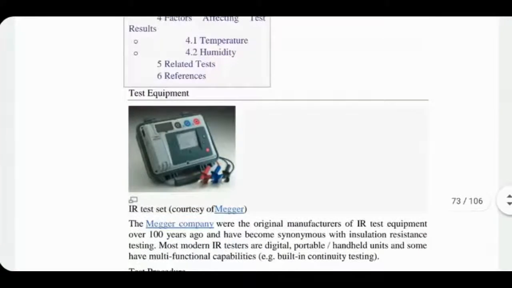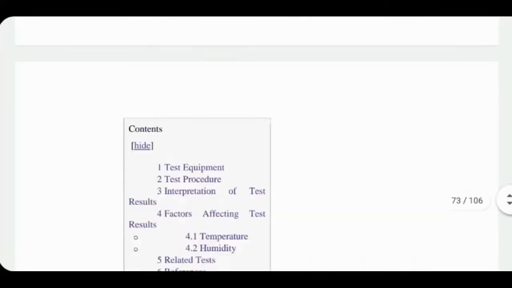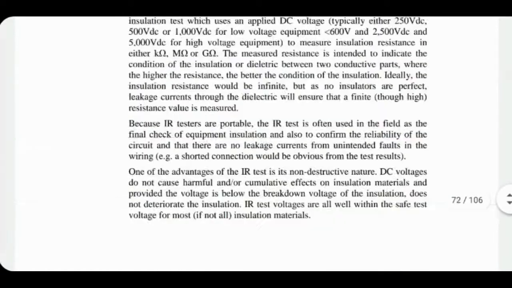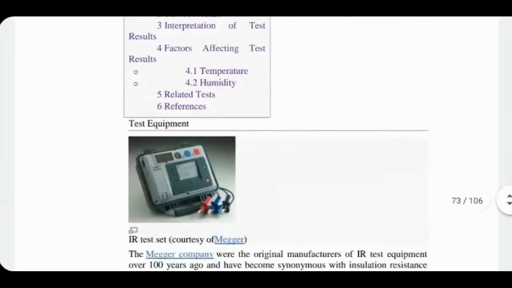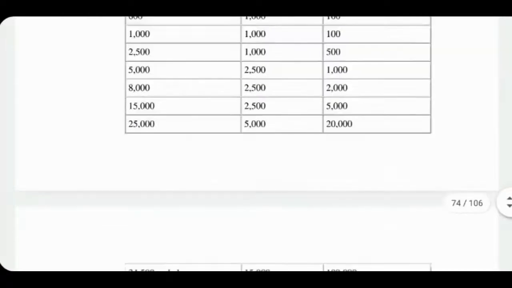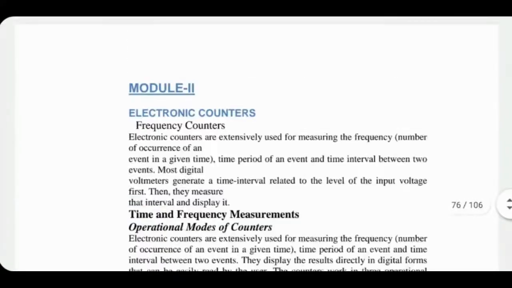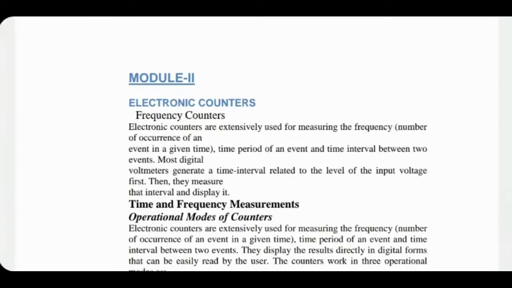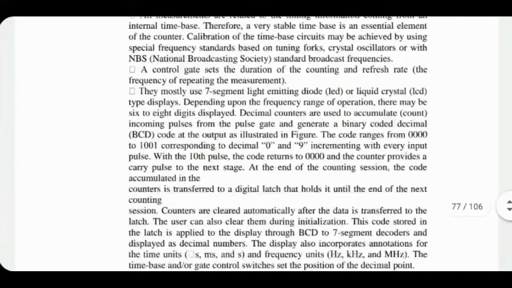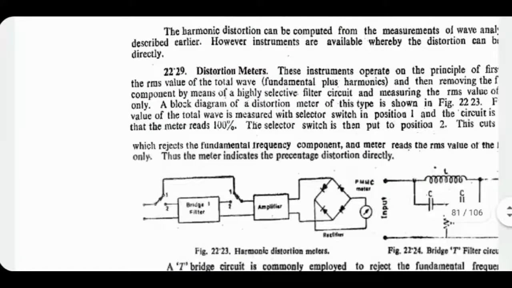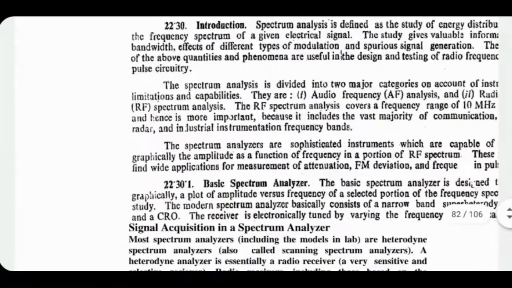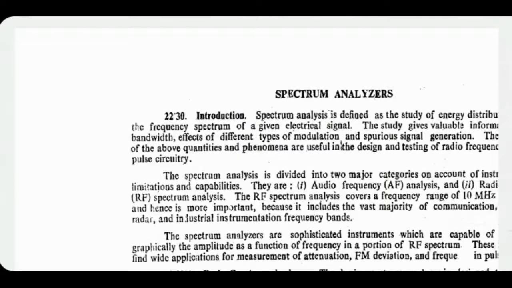Okay, wait a minute. Okay, this is another thing. Just don't worry about it. This is an infrared tester. Just don't bother about it too much. You'll get too much to remember. Module 2 in this document you can ignore completely. That's not meant for this course. Electronic counters, etc. But since it's in the document, let me get over it. You don't have to know about all this. Not in this course at least.